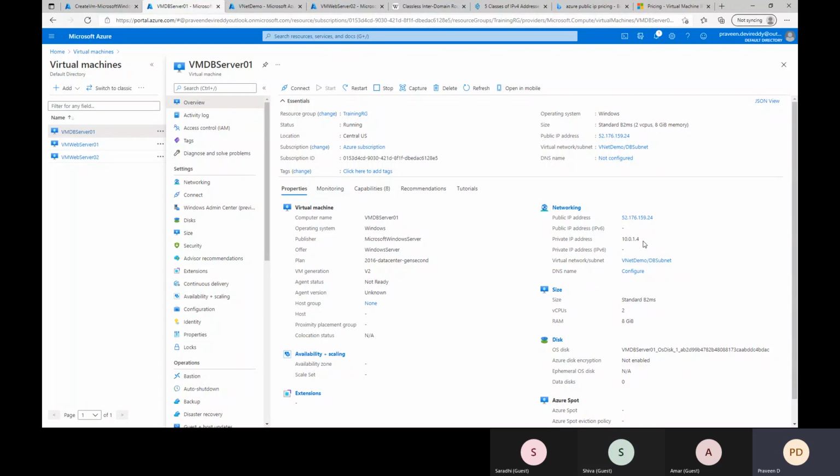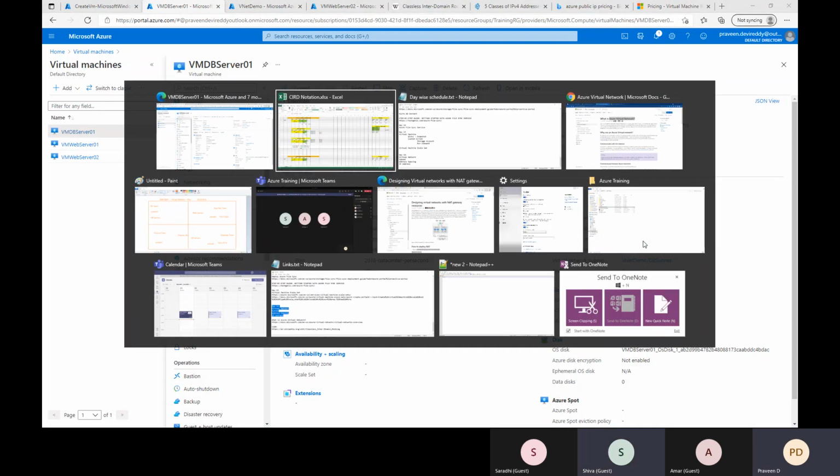Try to understand what IP addressing is and what CIDR notation is: how to give the CIDR notation for the VNet, how it has to be followed for the subnets, and if I give the CIDR notation for the subnets, how it will be followed at the next level, maybe virtual machines or web apps. All those things.